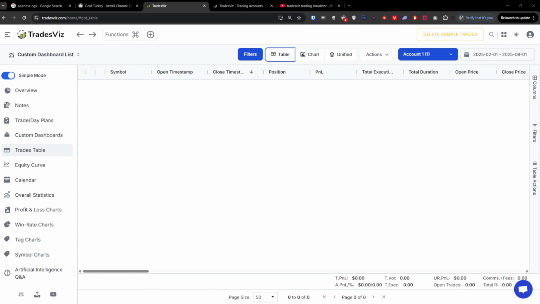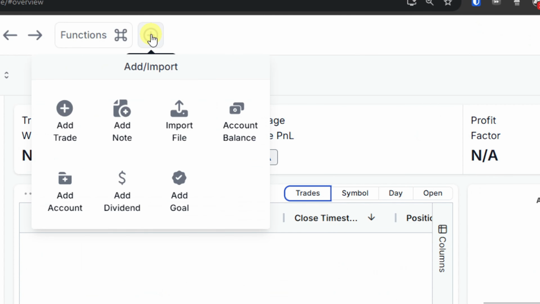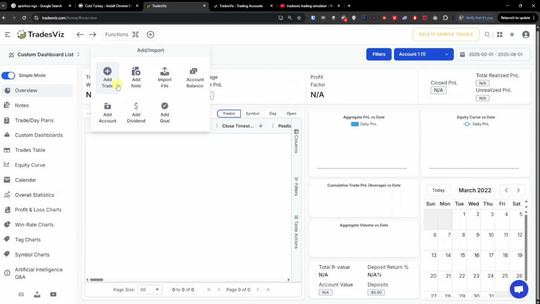Now the next thing is how you can add a trade. So to add a trade, you want to come to trades table, or you don't even need to, you can be even in overview. But here next to functions, you're gonna have the add data here. Do you see that? And you have options to add a trade, add a note, add an account, add a dividend, add a goal. But here I'll just click add a trade,